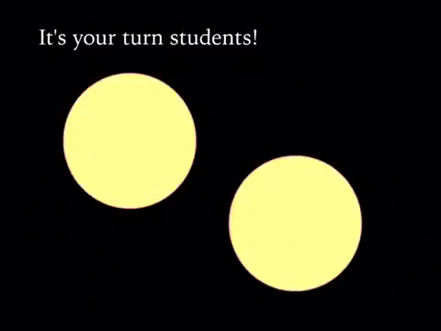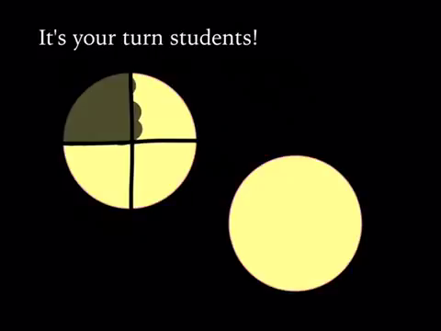Can everyone please get out a piece of scratch paper and a writing utensil? When you're done with this, I need you to draw 2 equal circles upon your paper. For your first circle, I need you to cut it into 4 equal pieces, just like this. Then I will need you to shade in 3/4 of this circle. 1/4, 2/4,